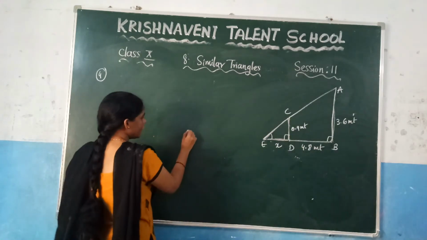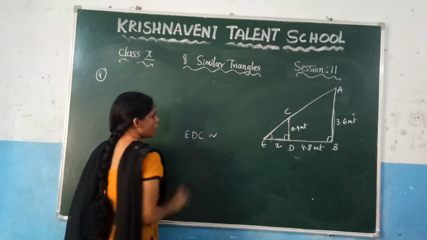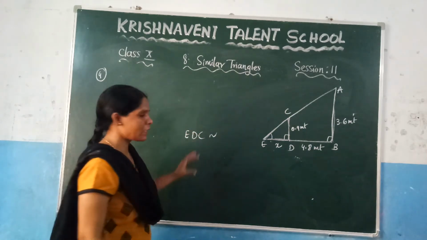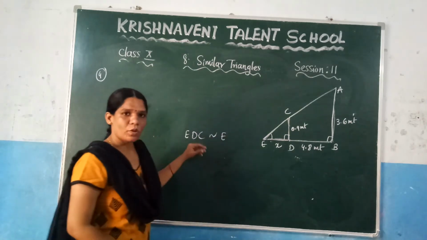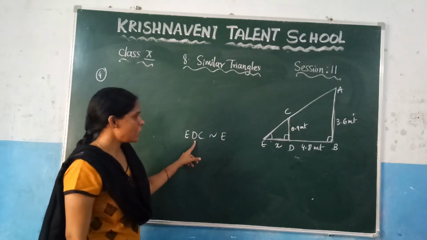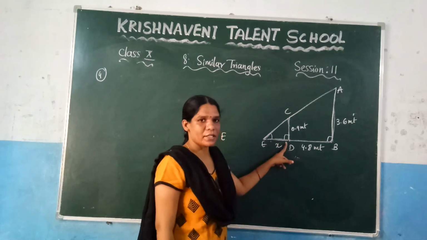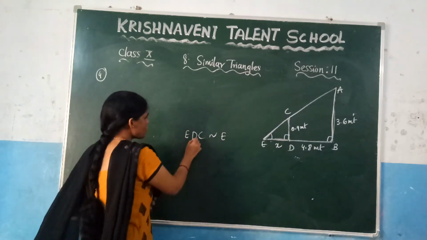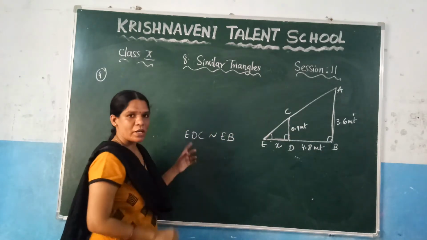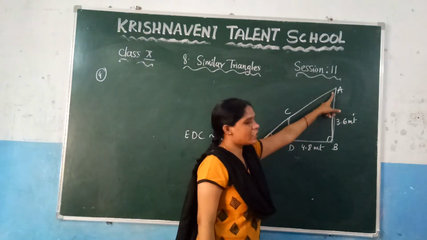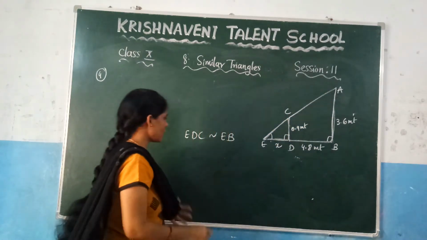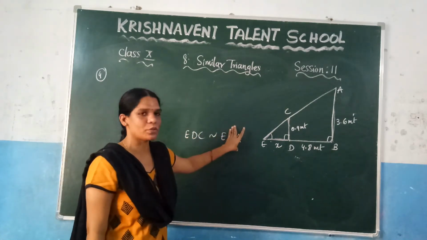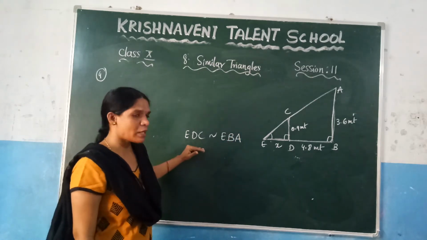So what you will get here, triangle EDC is similar to which triangle? Just you need to check here. Angle E is equal to which angle? Which is nothing but angle E, because it is the common angle. In place of D, what can you write? Since the 90 degrees is there, in the bigger triangle where is 90 degrees? At B position. So in place of D write B. So what is left of the other angle? Which is nothing but A. So in place of C write A. So clearly we got it here. This triangle is similar to this triangle. Now you can apply the similarity concept.